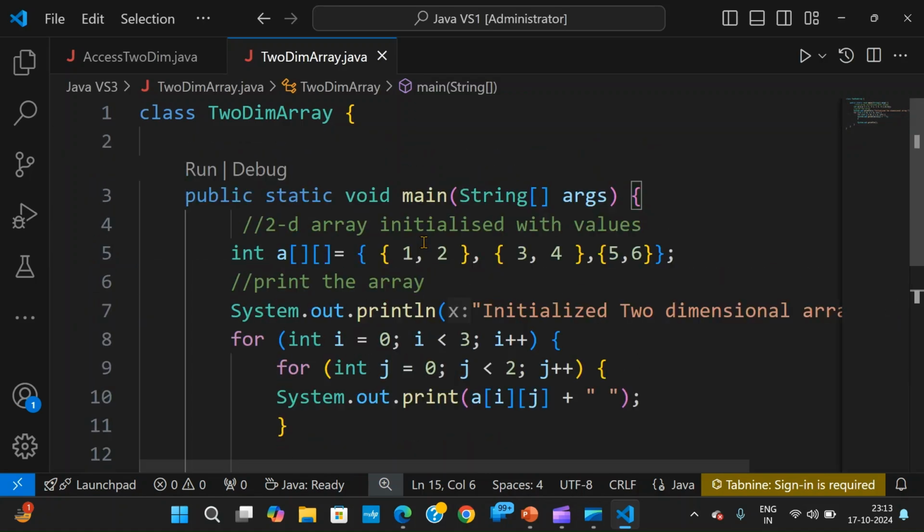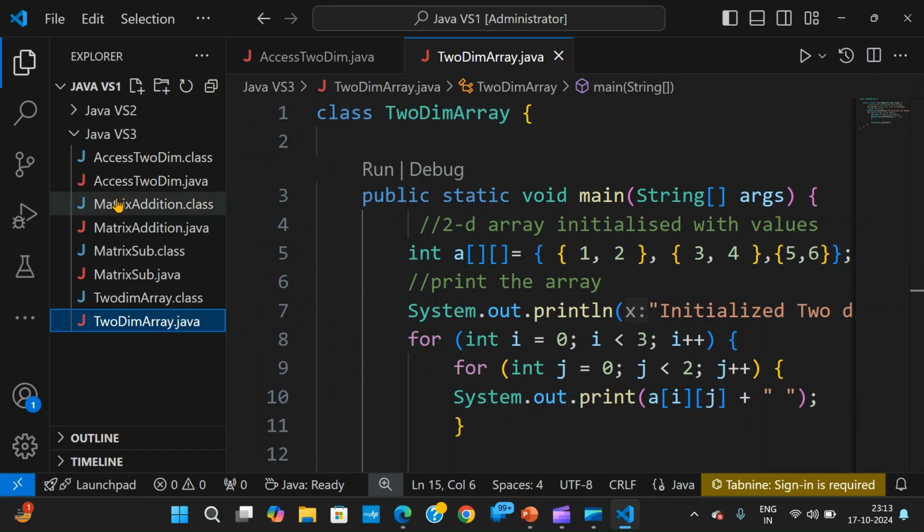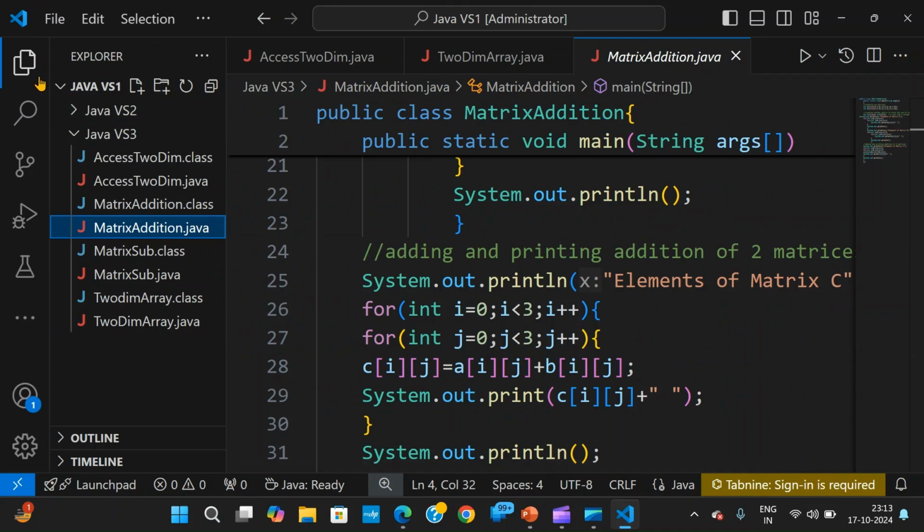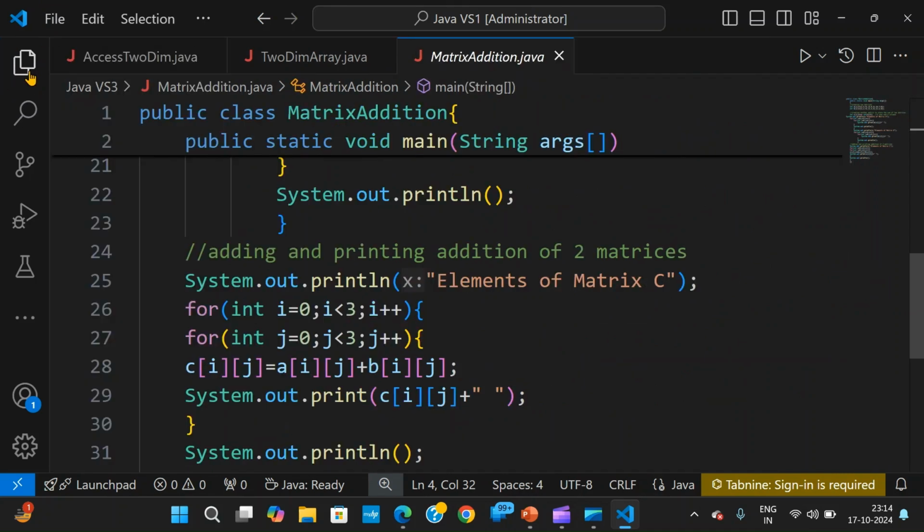So this is one application. I'll show one more application: matrix addition. Now this is a very common program where we use a two-dimensional array. So here the class name is MatrixAddition,